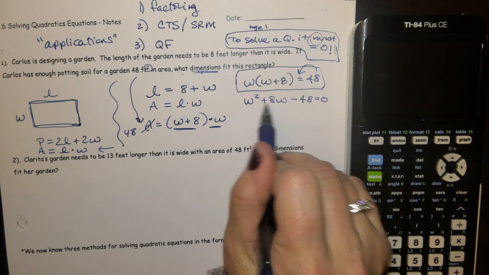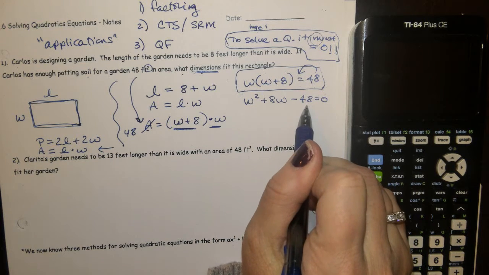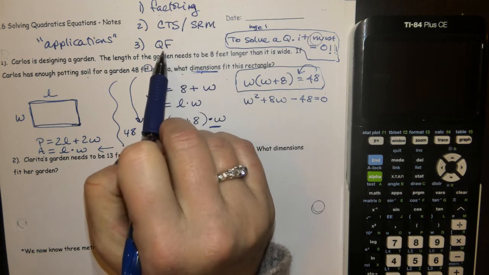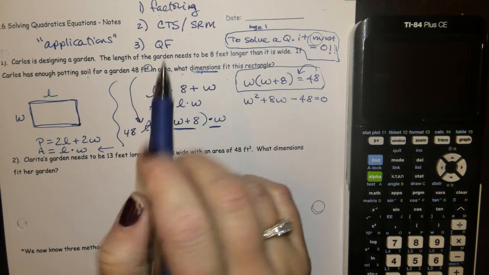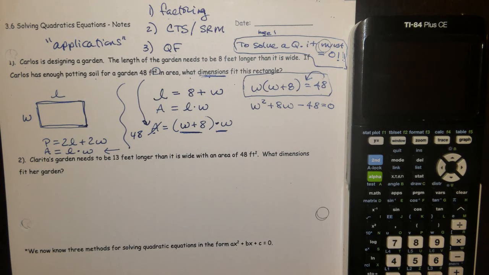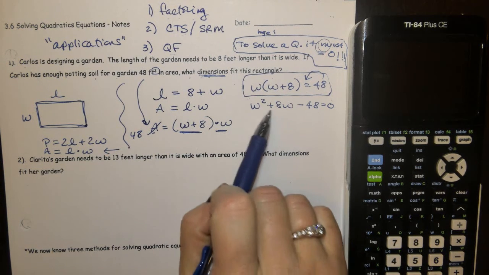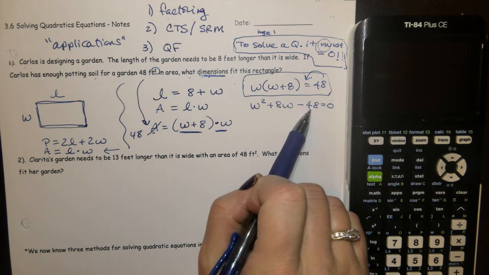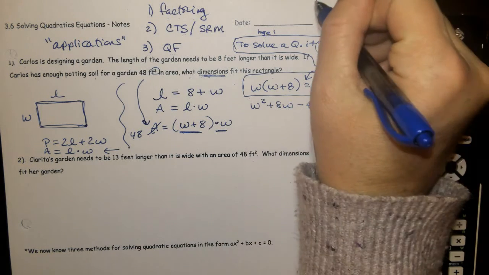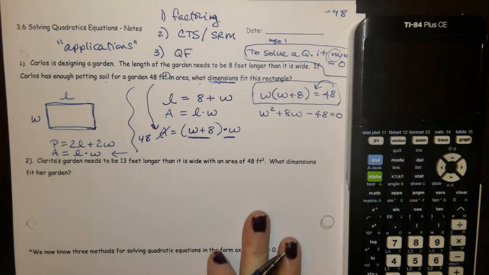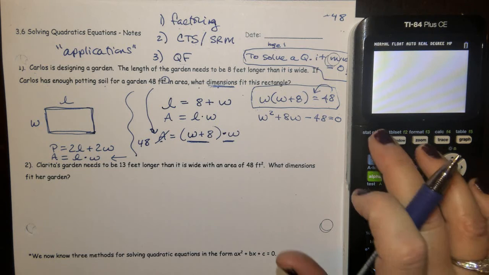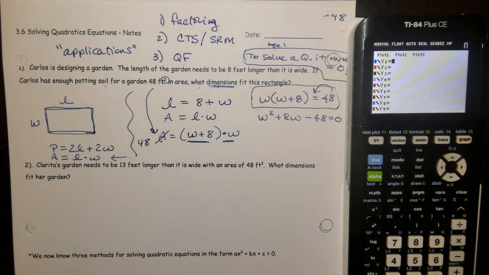So this is going to be solved now by either factoring, completing the square roots method, or the quadratic formula. Now, if it's factorable and that's easy for you, then go ahead and factor. So in this case, factors of negative 48 that add up to 8. You've got to think of all your factors of negative 48. Now, this is a trick I haven't necessarily shown you yet. On your graphing calculator, if you're stuck with factors,